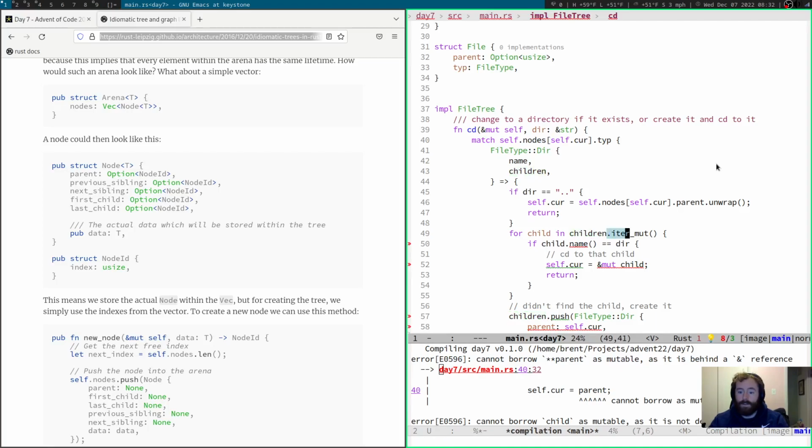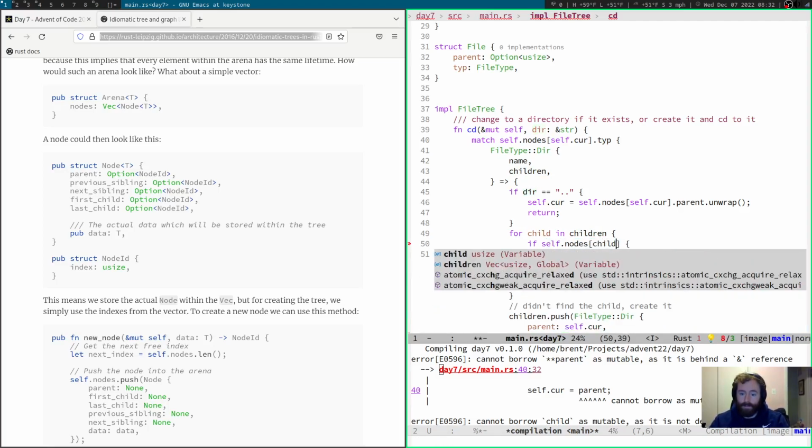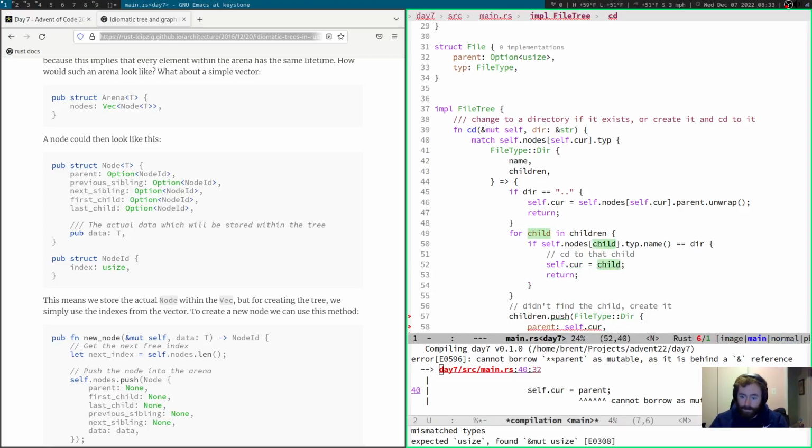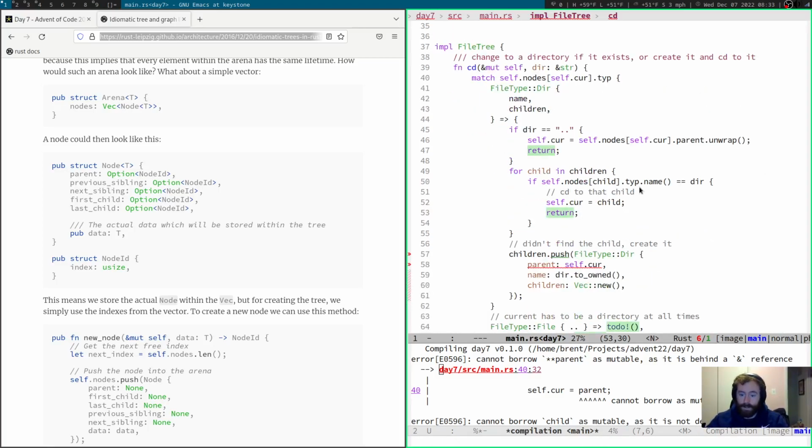Otherwise, for child in children, child is a usize. Children is a vector. Okay, great. If self.nodes of child.type.name equals dir, self.cur equals child, return. Otherwise,